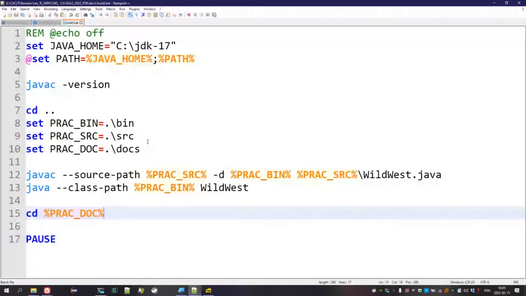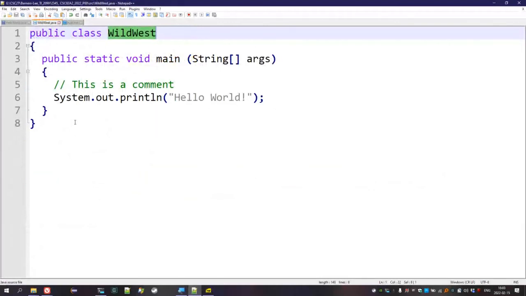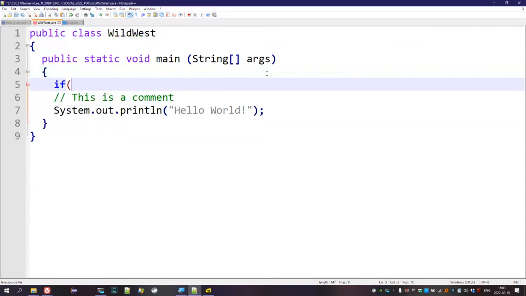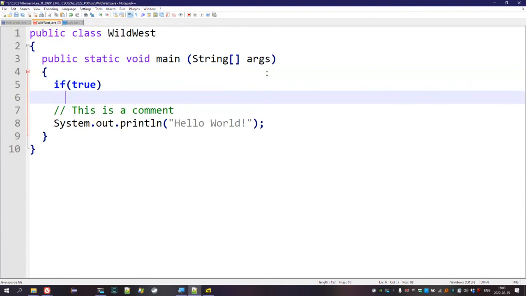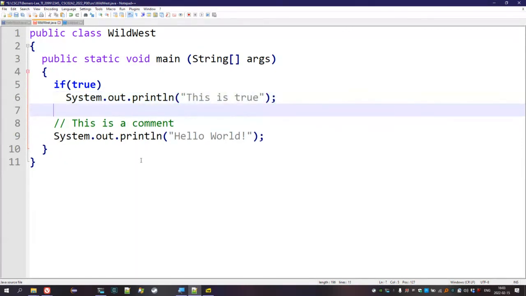Now, I haven't taught you a lot of syntax for Java because there isn't really much difference in the normal elementary Java syntax. You can have a look at normal lecture 1 for some syntax. But if you want to do if statements, so very straightforward. If you want to do for loops,